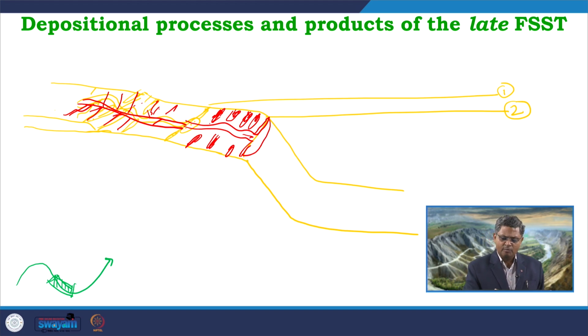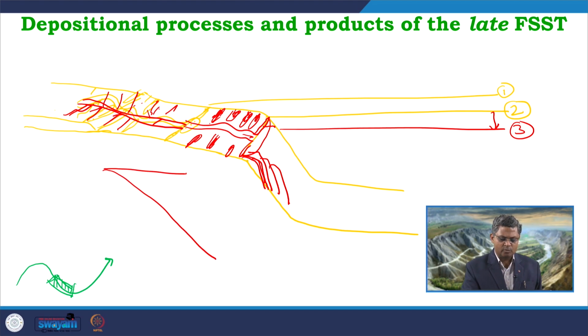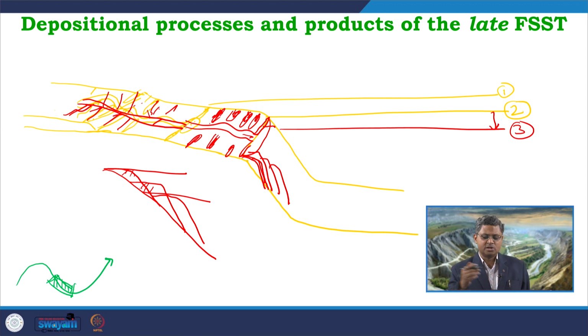Now, this delta will form in the form of offlapping lobes. Why offlapping lobes? If the base level falls further, say for example, it is coming down to level 3, we will get this kind of offlapping lobes forming the delta. If this is the slope, the base level was here and it is coming down to this. Initially the delta lobe was like this. For the next phase of fall, the delta lobe was like this and this part is eroded. For the next phase, the delta lobe is like this and this part is eroded, and in this way we get successive offlapping lobes forming over here.